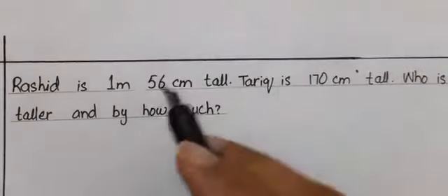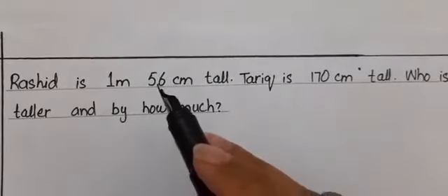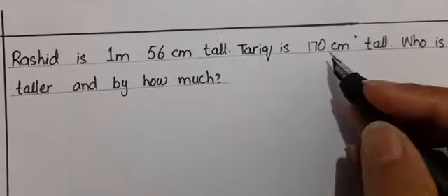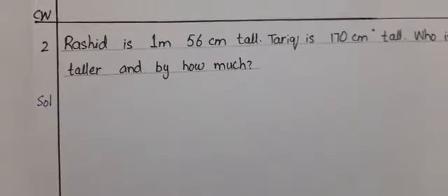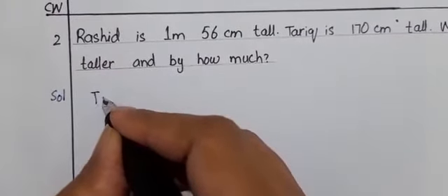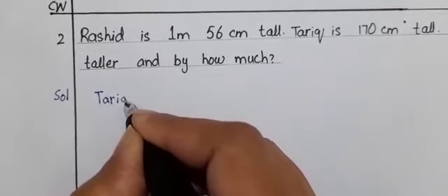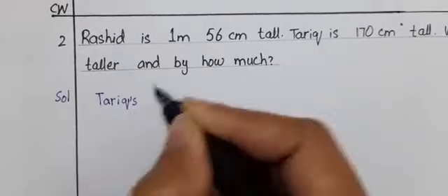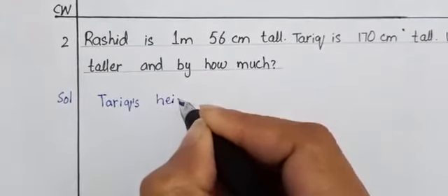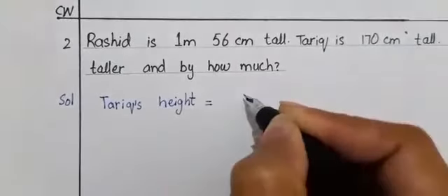Here it is in centimeters, but the other is in meters and centimeters. So first we have to convert it. Okay. Let's write the one that we have. We do not have to convert it, so we will start our solution from this. We will write in the solution Tariq's height, T-A-R-I-Q apostrophe S, Tariq's height, H-E-I-G-H-T, height equals